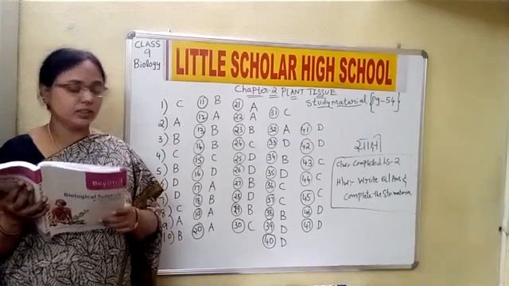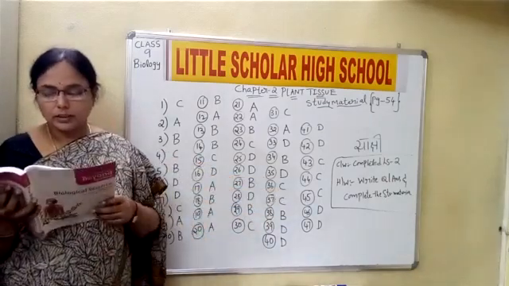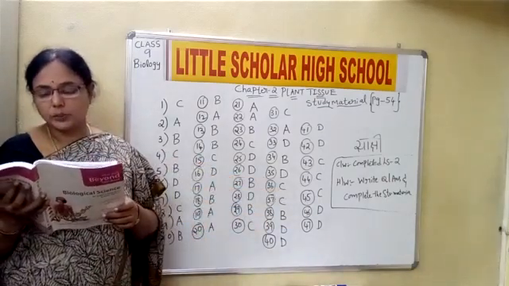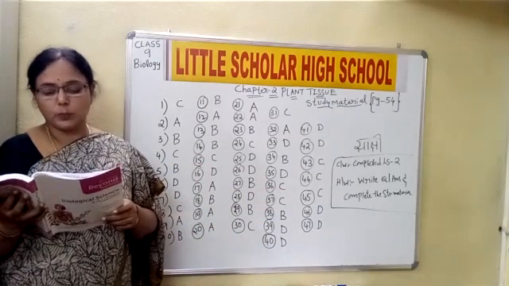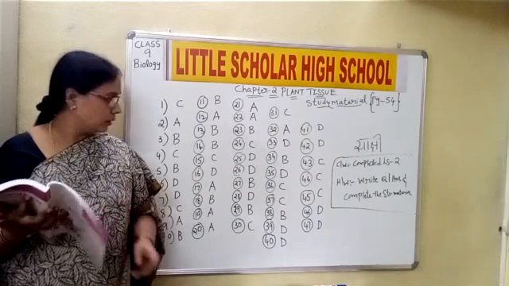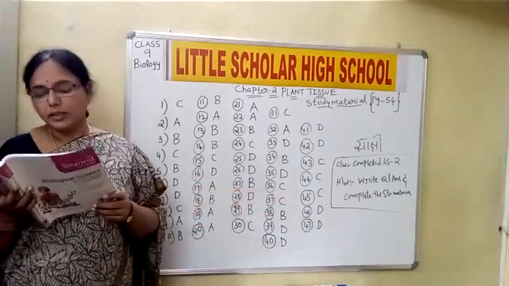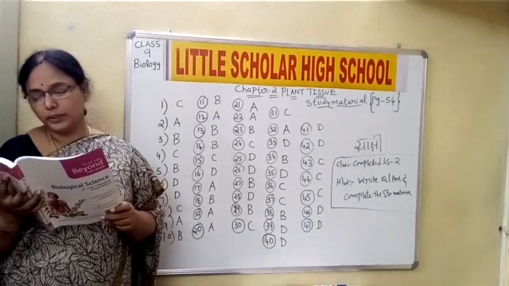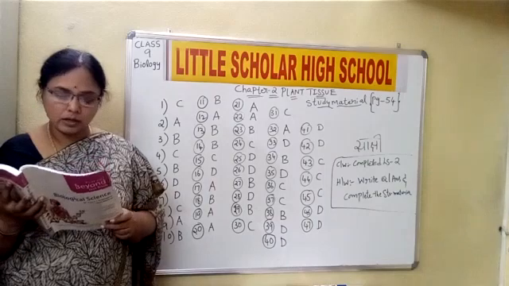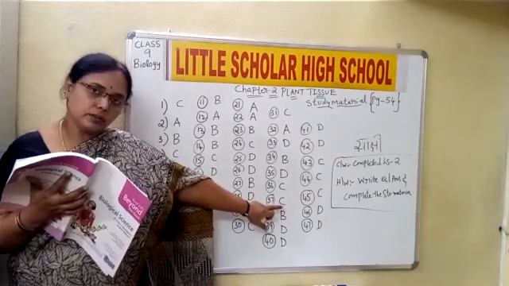Question 35: Xylem is helpful in conduction of water, mechanical strength, and identifying the plant species. All the above, 35D, children. Question 36: Bast fibers present in phloem are useful for making ropes. 36C. Question 37: Lignin is the major component in cell walls of the following tissues. Sclerenchyma. 37C, children.